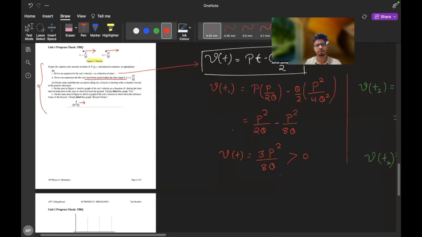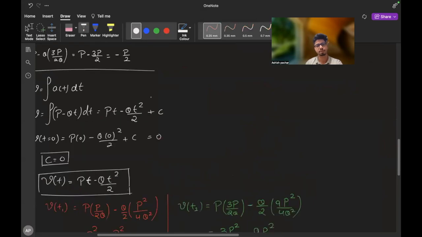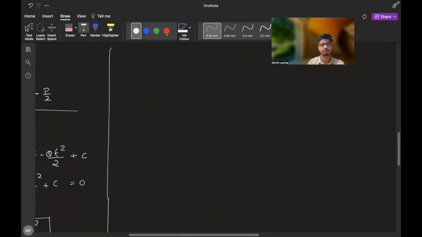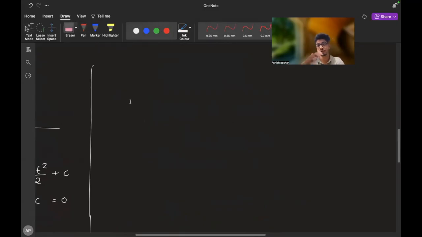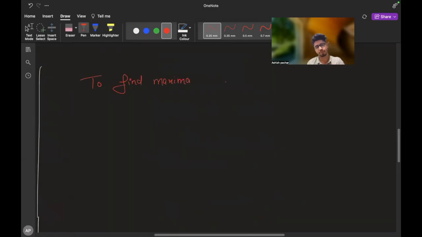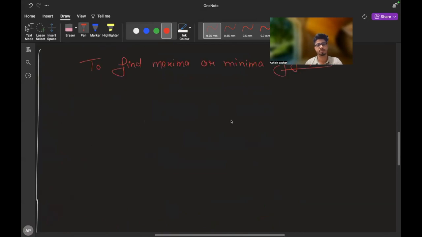Maxima means, to find out the maximum or minimum of any function, what do we do? The concept is, let me just revise calculus slightly. You can skip that if you're already aware of it. To find the maxima or minima of any function, f(x), any function,